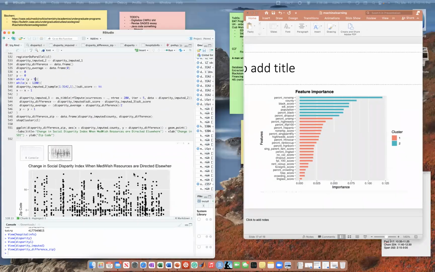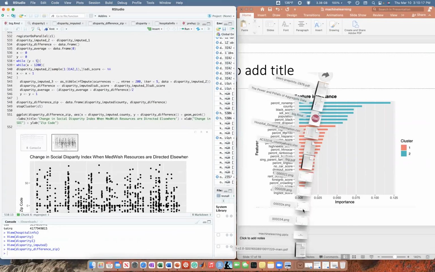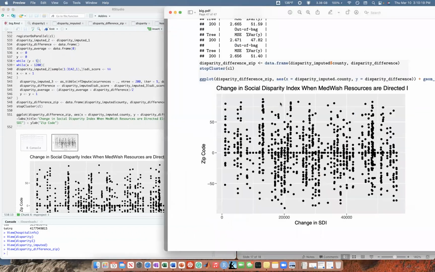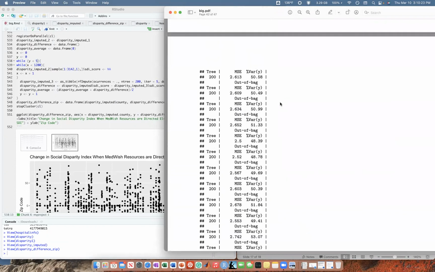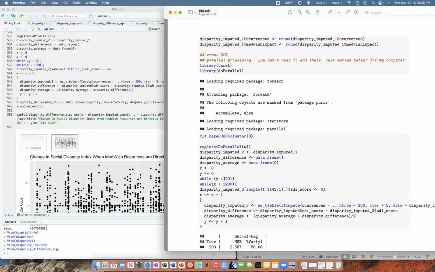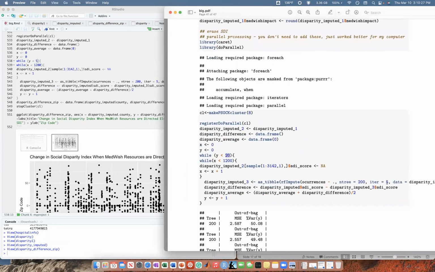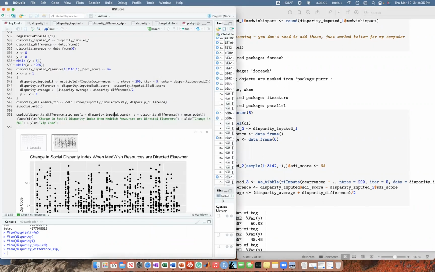I, matter of factly, actually ran the code a couple hundred times. And here I ran this code for this loop 20 times. 20 times 5 iterations of 200 trees. That's 1,000. I ran this code for 20,000 trees. This code in R, I went 5, 5, and 200. So that's probably 5,000 times.